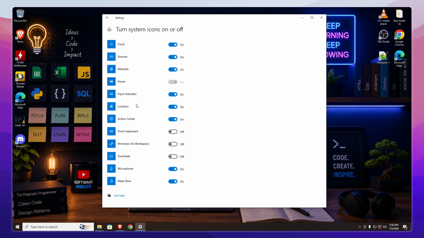This is particularly useful if you want to declutter your system tray and only display the icons you actually use regularly. You can customize this setup as much as you like, turning icons on and off until you achieve the exact look and functionality you want. And that's it, you've now customized which icons appear in your Windows 11 taskbar and system tray, creating a cleaner and more personalized desktop